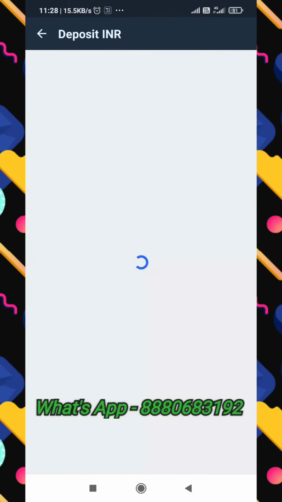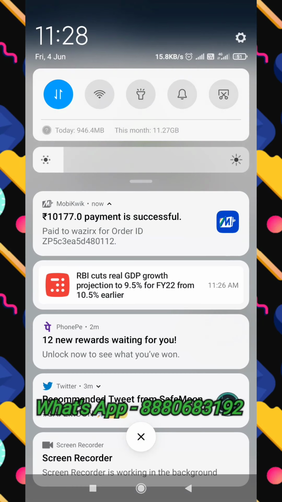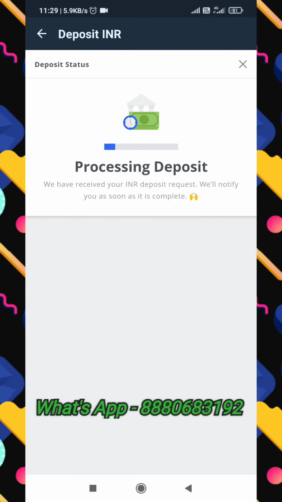Now we will check in WazirX whether I have received the 10,000 fund or not, because it will take time, my dear friends, because it is a third party application. Sometimes it will be credited instantly, or sometimes it will take half an hour, 1 hour, 2 hours, 3 hours. Based on banking transactions, it will take time. No need to worry at all. Whoever is a new member, please start with 100 rupees or 200 rupees for the first time. Once you are confirmed with the process, then you can go with a higher amount, my dear friends.